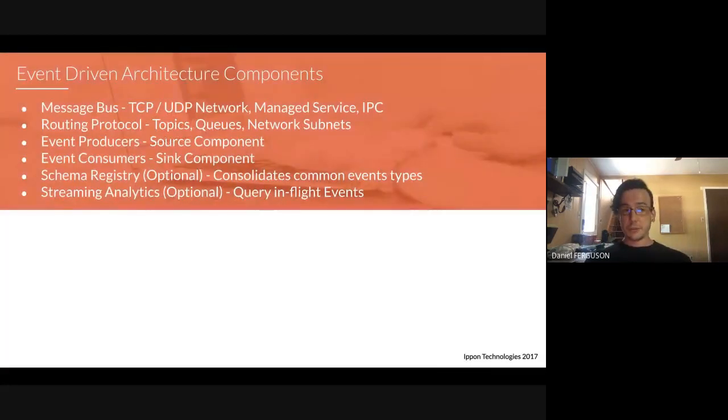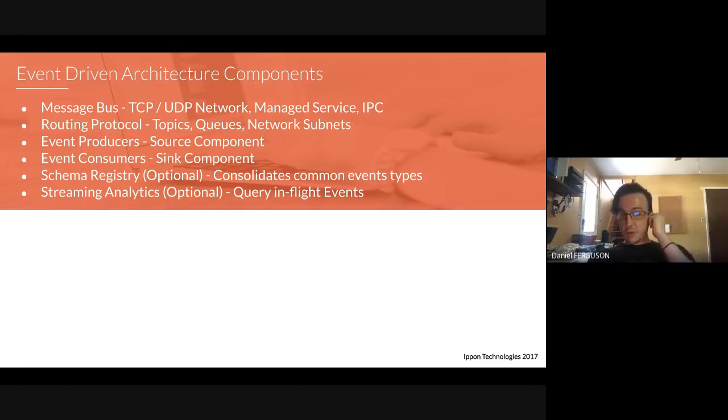So if you're not familiar with event-driven architectures, these are the typical components of an event-driven architecture. There's 4 that you definitely have to have. You might have 2 more. You have the message bus, which is some kind of architecture that will route events from a source to a destination. A routing protocol, this is a general term for topics and queues. Some event architectures use UDP networking. Some are just TCP networking, like just peer-to-peer. You have event producers that will create the event, and event consumers that will read the event or consume the event and take action once reading it.